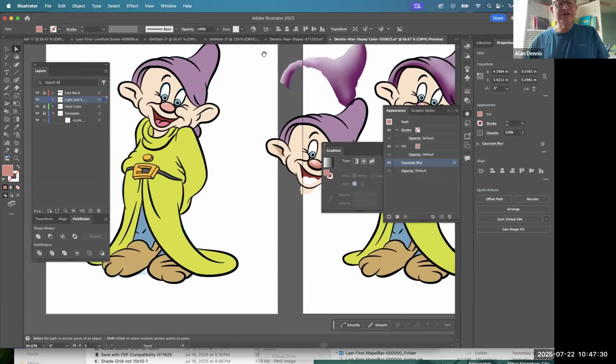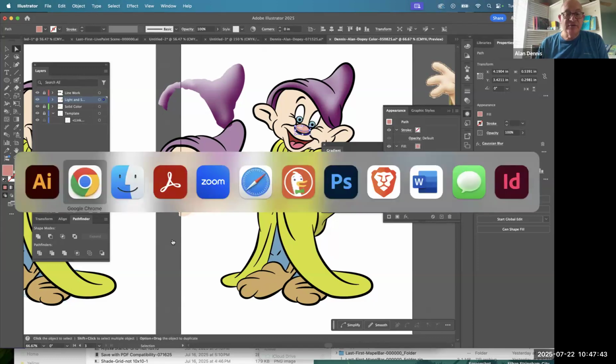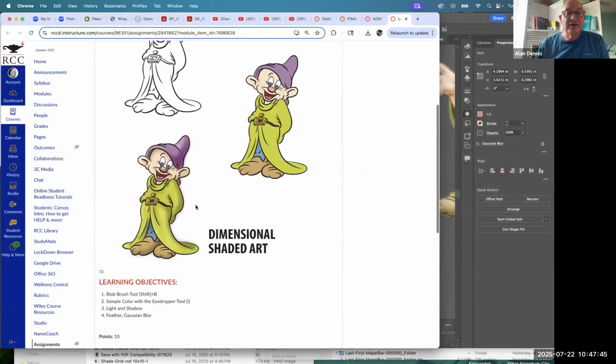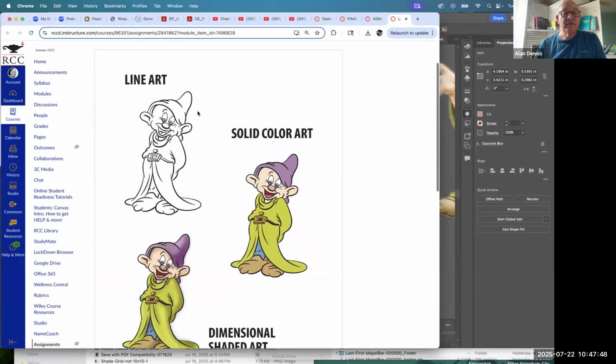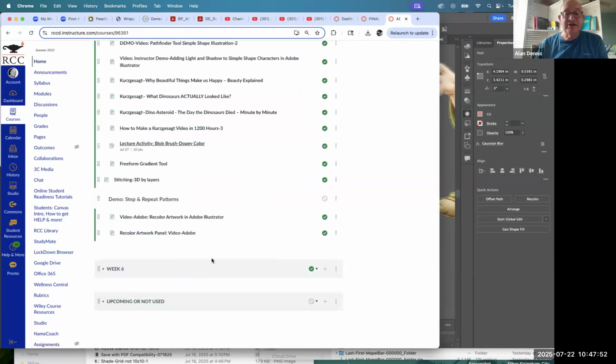Anyway, so that's just a way to color this with the blob brush. The color part should go pretty quick. And then do the whole guy in with light and shadow. It's going to help you for your infographic technique that might be useful for you for infographic. Okay, so that's you have your line art one, then you have a solid color, then you have a dimensional shaded